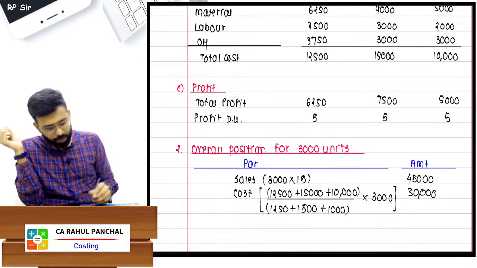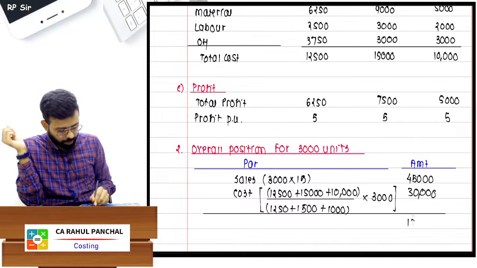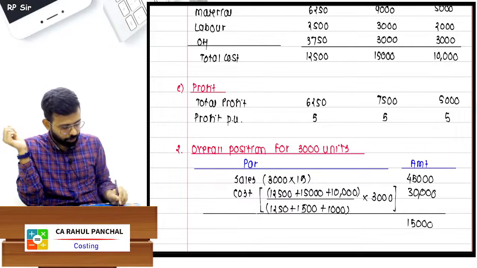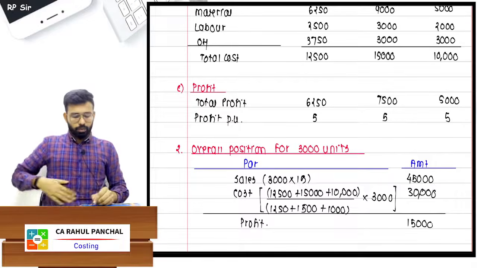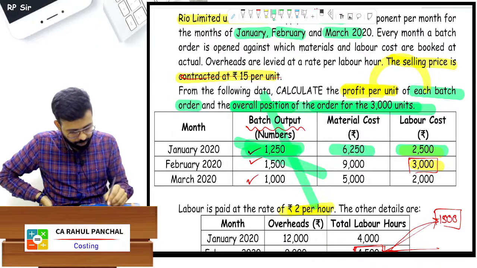Once we have this, that it is 30,000, then we can say the profit is 15,000. This is your profit, and they were asking for this overall position. That was the second requirement. Again, if I read that,